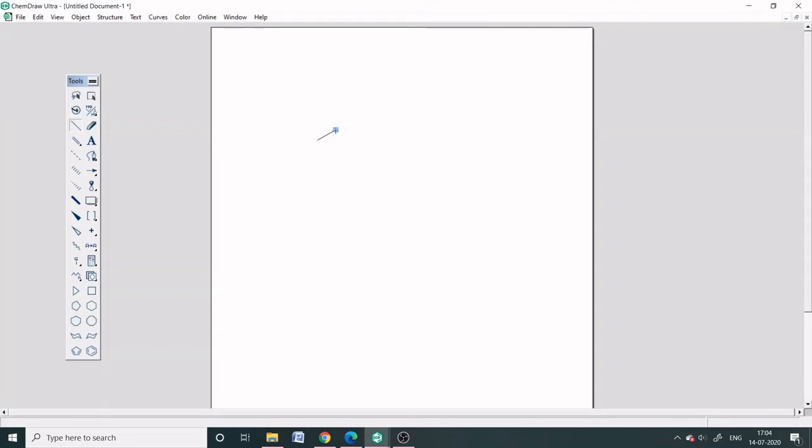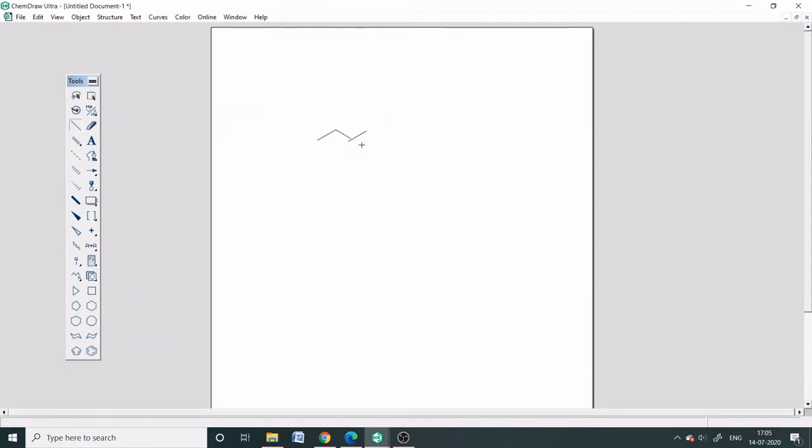After that, you have to keep your cursor on this carbon, any one end of the bond. You just keep your cursor here. Now a blue color dot appears. That indicates that we have correctly selected the carbon atom. Just click there. Now another bond appears. In case you are not selecting that particular carbon atom, then simply clicking will create an error.